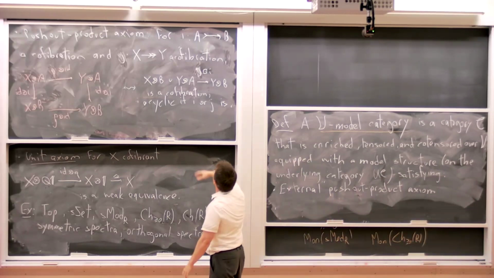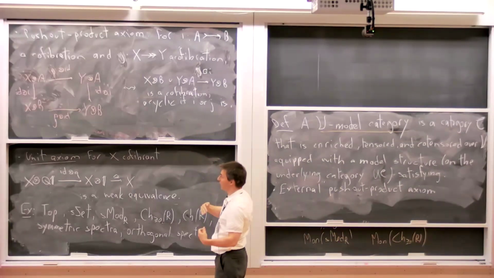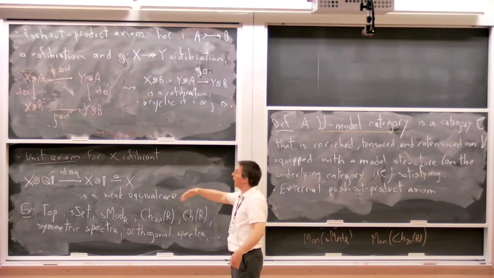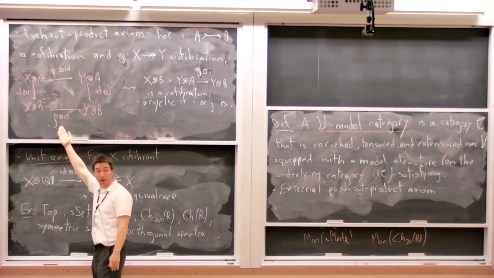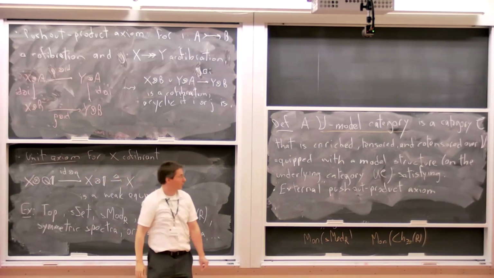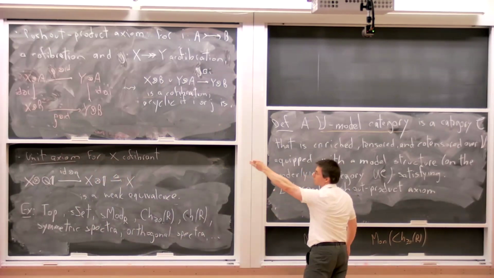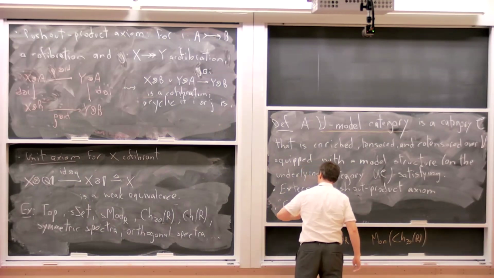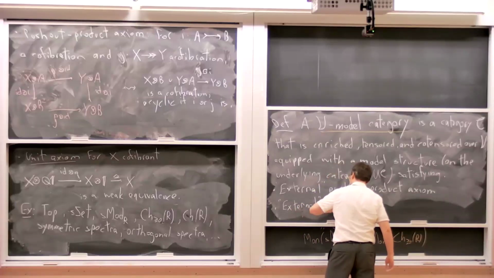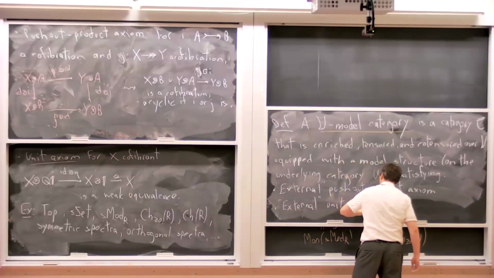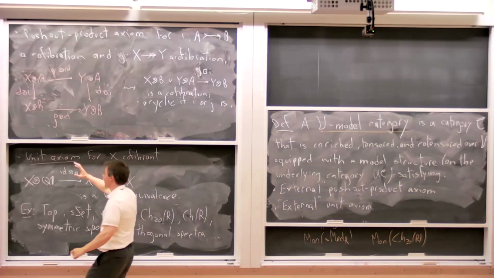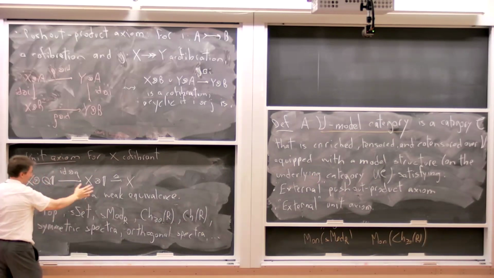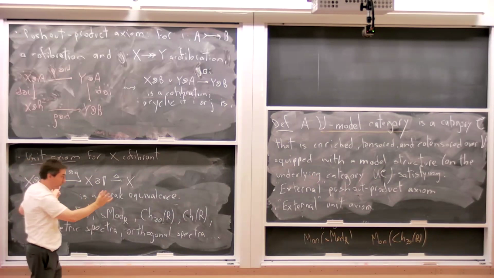Okay, just to be more precise, my I from A to B would be taken from V, and my J would be coming from C. And then this diagram makes sense because I have a tensoring right on the right. Okay. And the statement is identical from that point. And likewise, you can write the external version of the unit axiom. Same deal. In the external version, I'm tensoring from an object in C with an object in V. And now this is the tensor unit in V that I cofibrantly replaced in V.